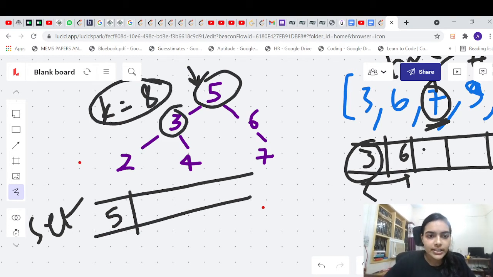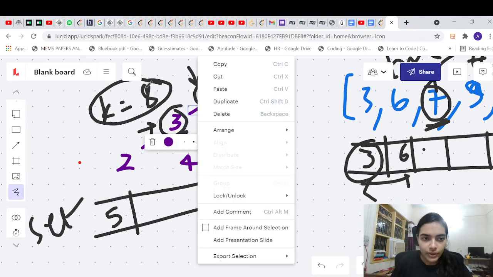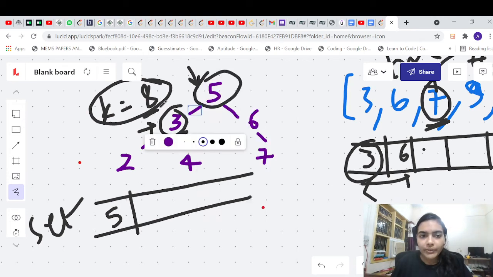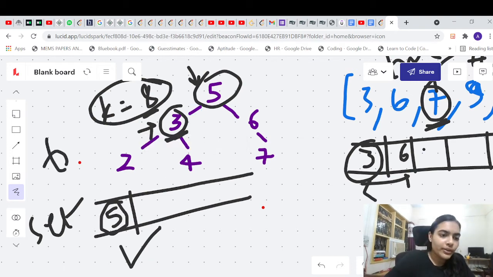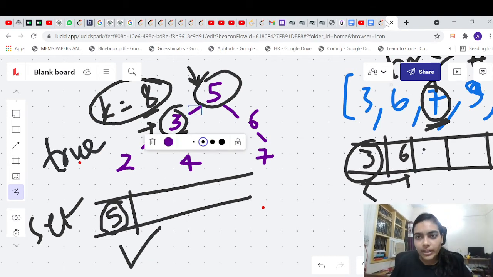Okay, let's say we want to find k equal to, let's say, 8 itself. Next we see 3. When we check 3, we try to find if 5 is already there in the set, because we want to make 8. And how can we make 8? Using 3. 3 plus 5 is giving you 8. So you will check in the set if 5 is already there. 5 is already there in this case. That means 5 plus 3 is 8. You found the element, so you can return true in this particular case. So that is a simple logic.